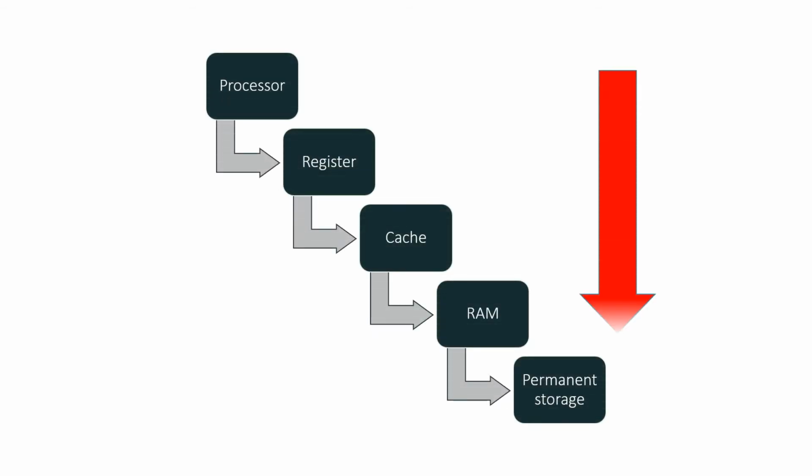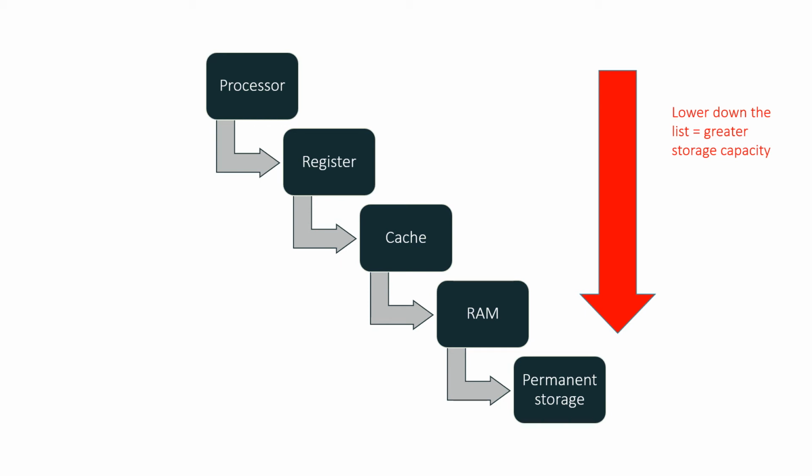From the processor, there are various types of memory which the computer can access. Registers store one number. We'll learn more about registers in a week or two. Cache is close to the processor but not very large. RAM is much larger but rather further from the processor. And of course, permanent storage could be terabytes of data. So the lower down this list we